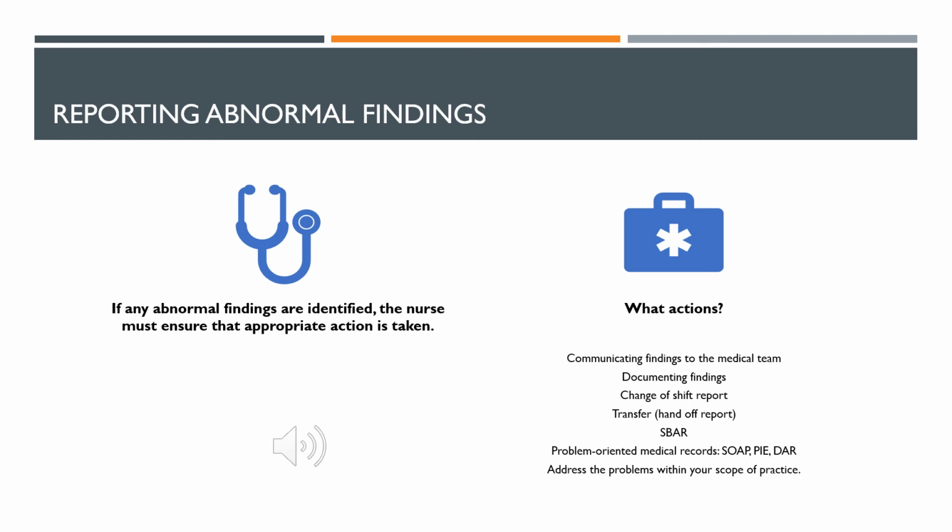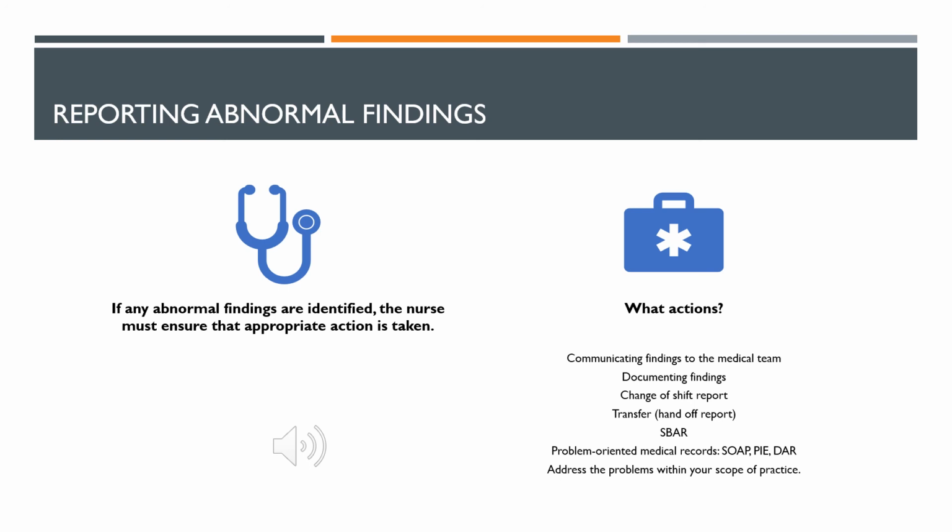Change of shift report is the report where you have finished your time, whether it's a 7 a.m. to 3 p.m. shift and someone else is coming on at 3, you give them a shift report and collaborate appropriately within the team. Transfer or handoff report is if your client is leaving from whatever area you're working in to another area. We've talked about the SBAR method and how that is a succinct way to give a verbal report